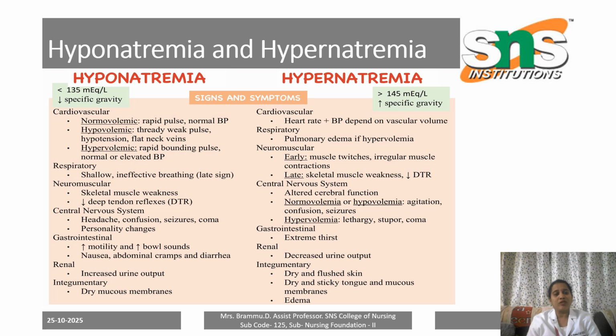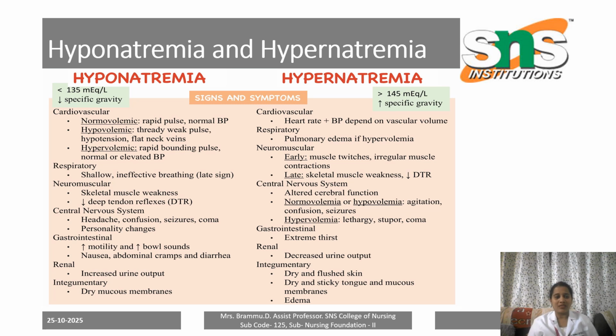And of course, when you take the specific gravity, the patient is going to have decreased specific gravity of urine in case of hyponatremia because all the sodium is being excreted. And in case of hypernatremia, as the patient's body is retaining the sodium, the specific gravity of urine is very much elevated. So as we already compared that, we are going to see system-wise manifestations here, starting with